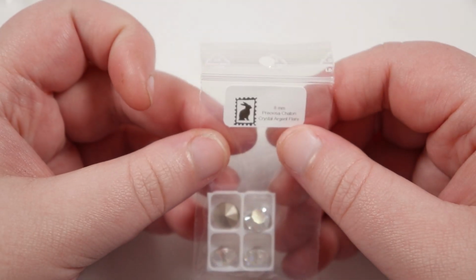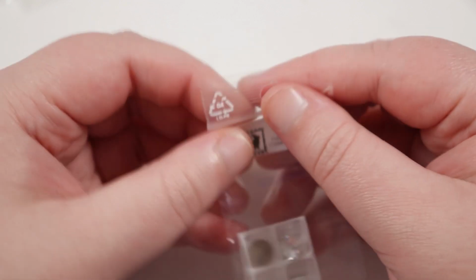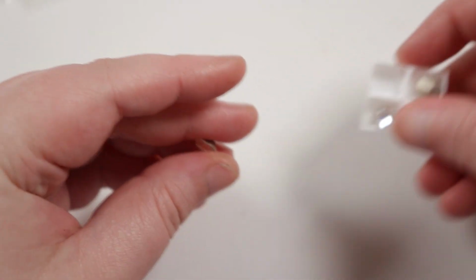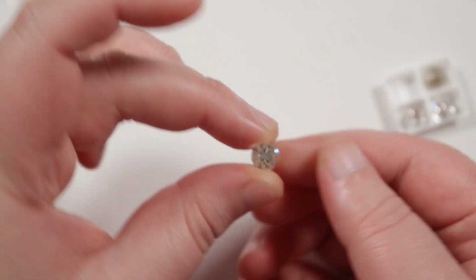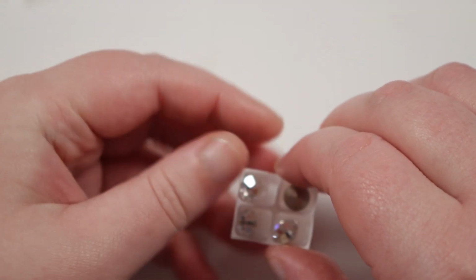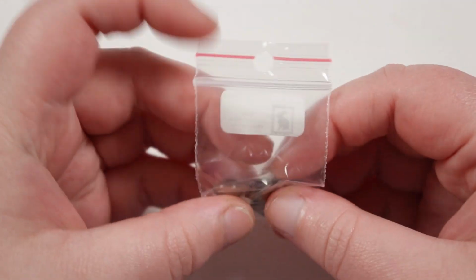Next, we have some 8mm Preciosa Chatons again. Crystal Argent Flare Agent. Wow. And these are crystal, so they're clear. I just wanted one. So again, same principle, where it's kind of a back and a front. And then absolutely beautiful to look at there. You can kind of catch it. It's just really mesmerizing. So I'm very intrigued. I'm quite glad that actually in the box is including something like this. So it's not just beads, but you also get something like this, Rivolis and Chatons, and I'm very